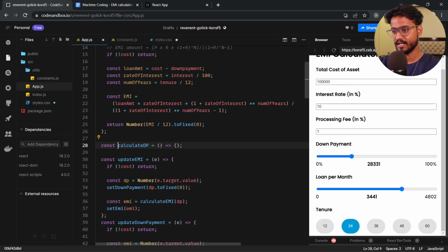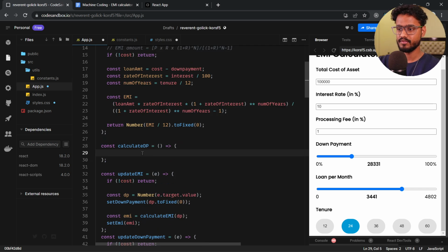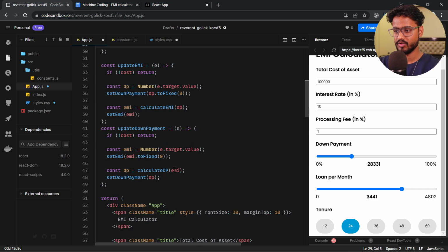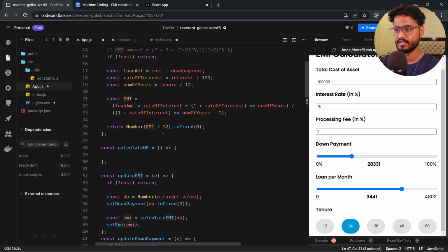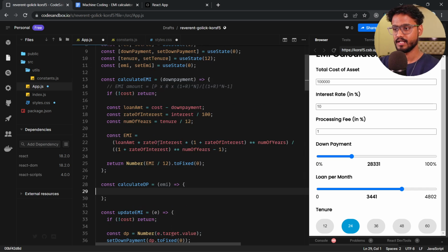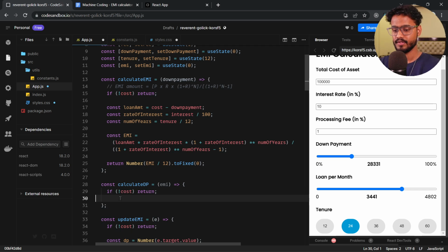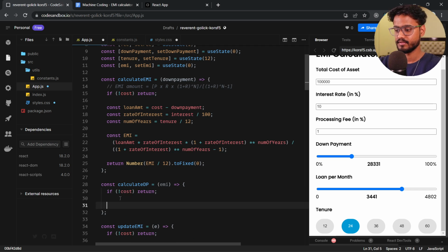But obviously, I haven't added the logic inside of it. Don't worry if you're having trouble understanding it. I'm just going to reiterate everything that I've done over here in just a second. Inside of this calculateDownPayment, this will provide me with the EMI. I'm going to receive the EMI over here, and inside of this we're going to add the check, and then I'm going to say const